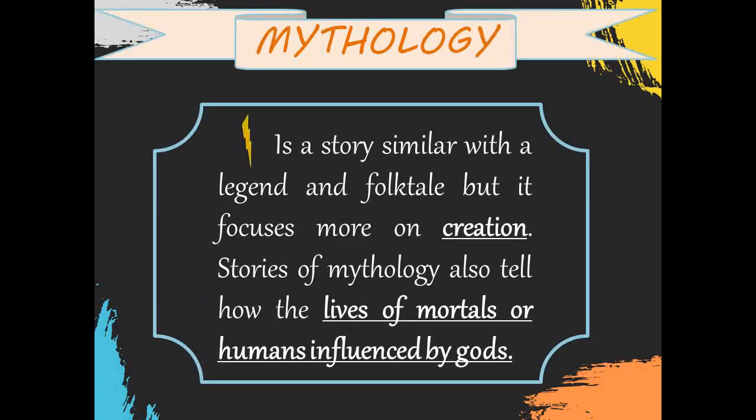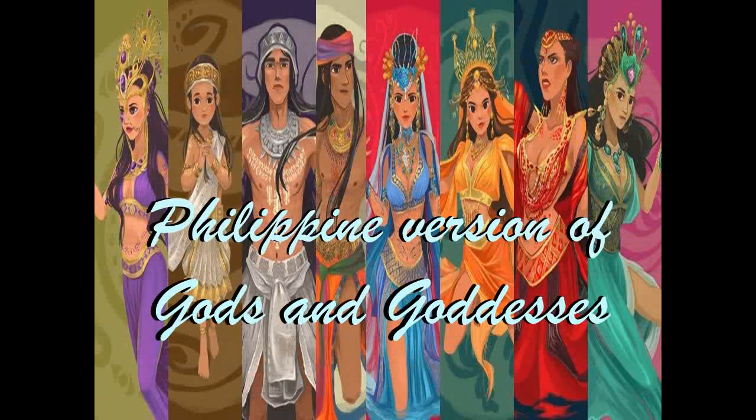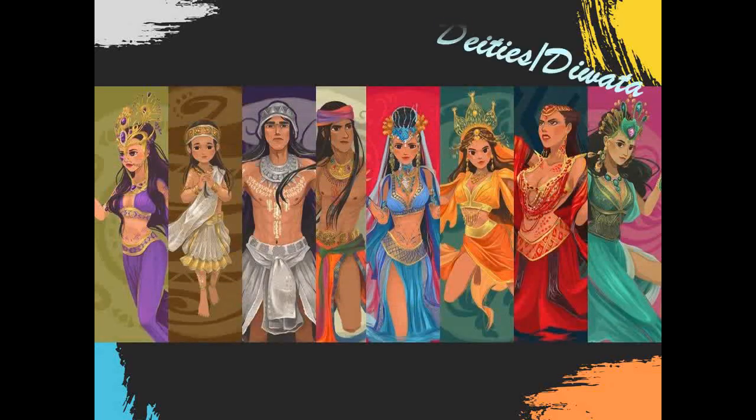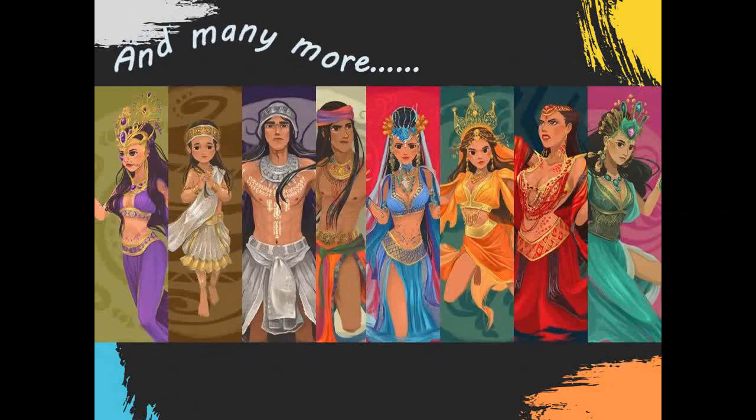The fourth genre is mythology. It is a story similar to the legend and folktale, but it focuses more on creation or paglikha. Stories of mythology also tell how the lives of mortals or humans are influenced by gods. The best sample story of mythology is the Olympians. Here in the Philippines, we also have a Philippine version of gods and goddesses. We call them deities: Diwata, Bathala for male god, Bathaluman for female god. And don't forget the famous characters of